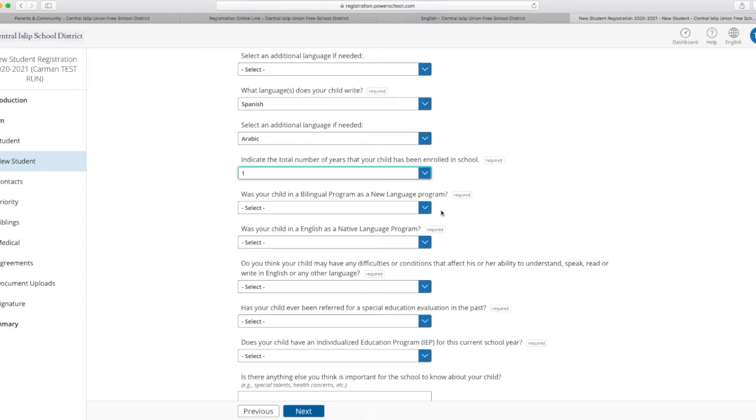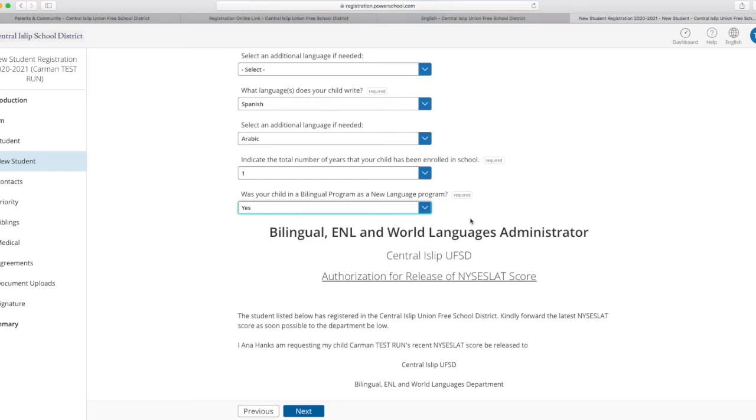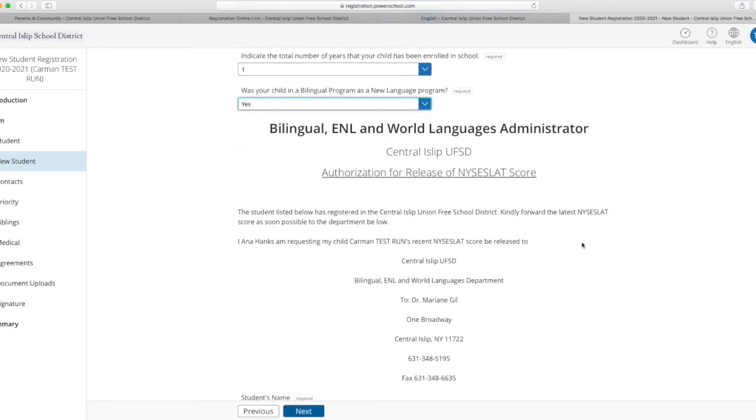Was your child in a bilingual program as a new language program? I'm going to select yes, only because I want you to see what a trigger question is. So in me answering that my child was part of a bilingual program as a new language program student in their previous school, it opened up this questionnaire. Again, that's going to help this specific department, the Bilingual ENL Enrolled Languages Department, better create a placement and program for your child. And so you just read along, and it's going to carry over information that I had previously